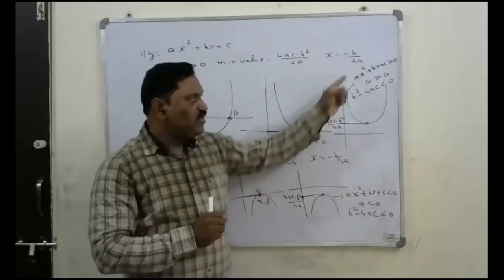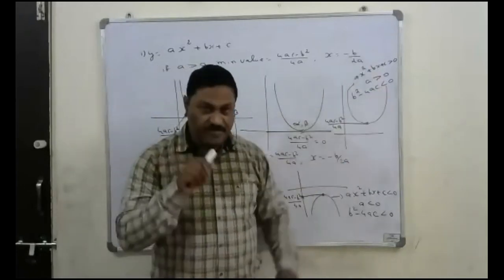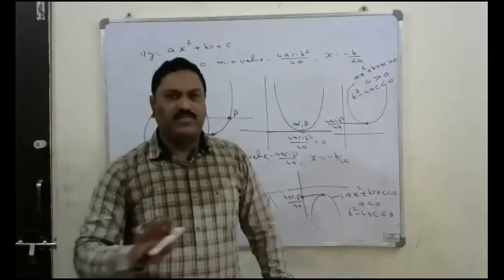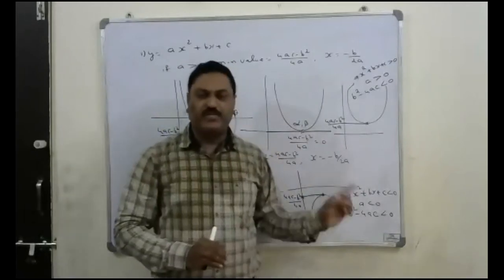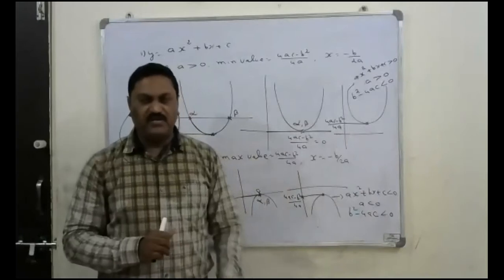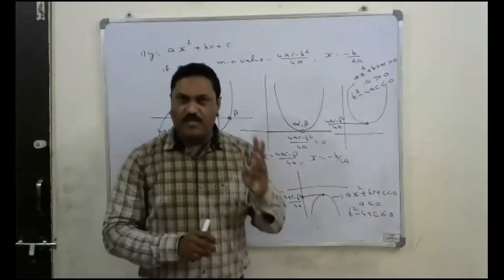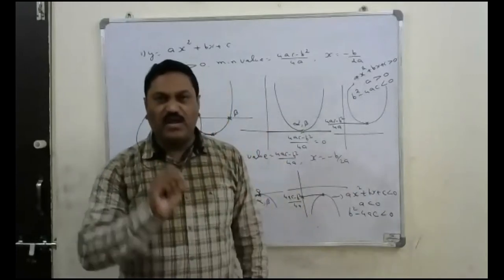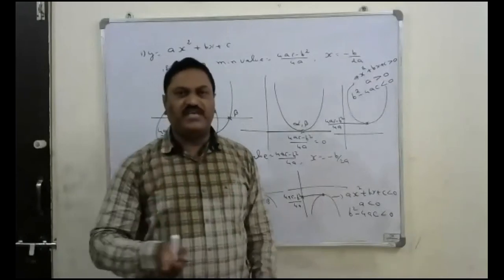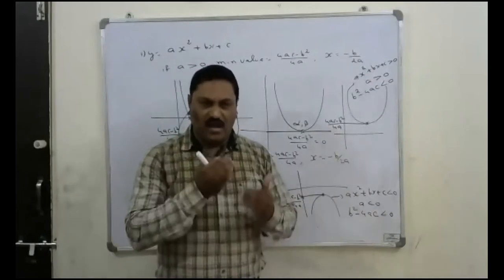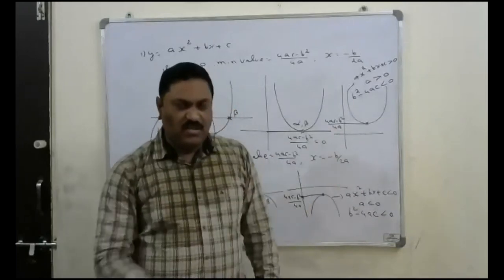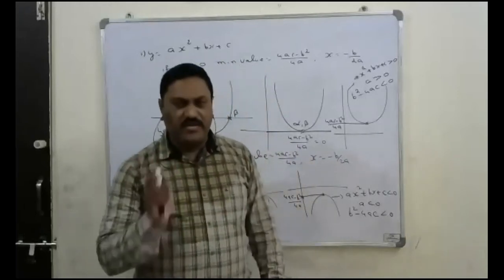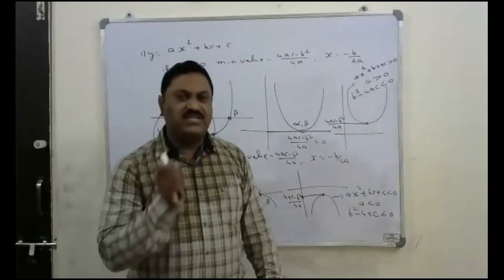The same statement you have to remember in another way also. Suppose ax square plus bx plus c and a have the same sign and the roots are complex, then that is true for all the values of x. Always it is true. That's why x belongs to R. That's the point you have to remember, right? When the roots are complex, ax square plus bx plus c and a have the same sign, then x belongs to R. That means for all the values of x, that is true. Or you can also remember it like this: if the roots are complex, for all x belongs to R, ax square plus bx plus c and a will have the same sign.